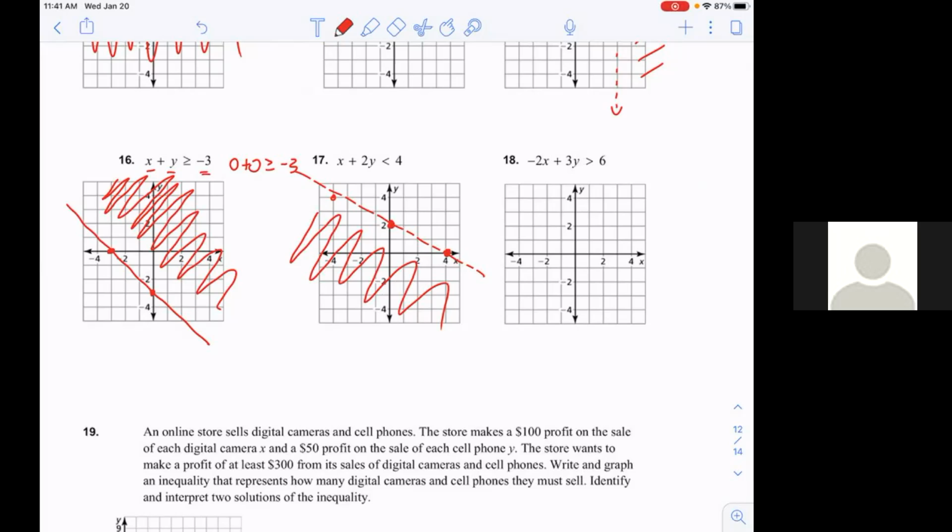Now, I'm going to draw a solid line or dash line. So we're going to take that out. So there is no negative 2x equals 6. What does that mean? I have to divide that across. 6 divided by 2 is negative 3. So that means here negative 3 is